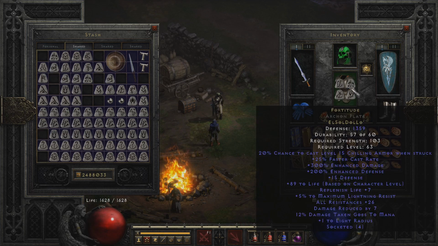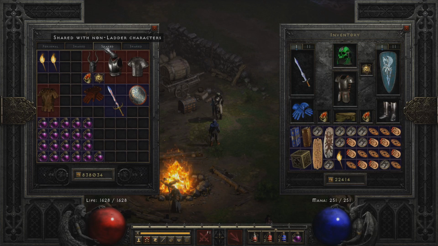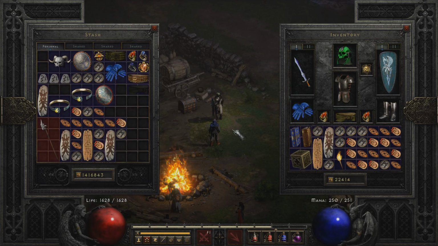Whatever you want to put. You can put the Phoenix, you can put the Enigma, you can put the Arach's, you can put the G-Face, like I mentioned already. But other than that,